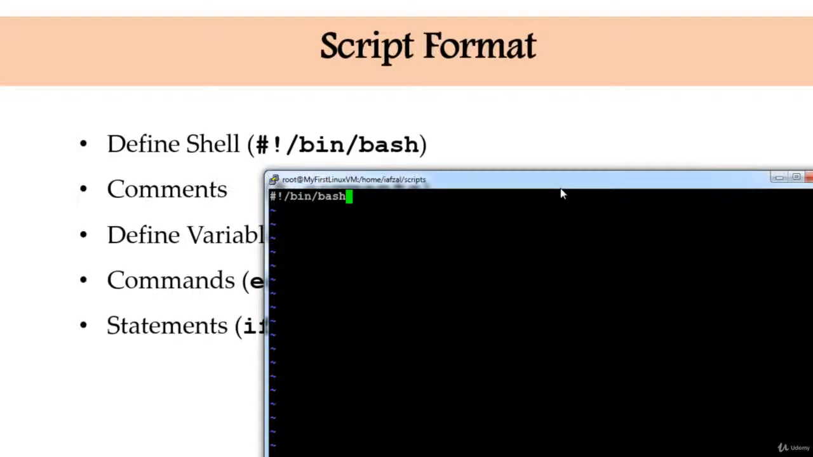I want to run this script as a bash script. Perfect. Now, the next thing, I said to add a comment. Always add a comment. I usually add a comment like purpose: